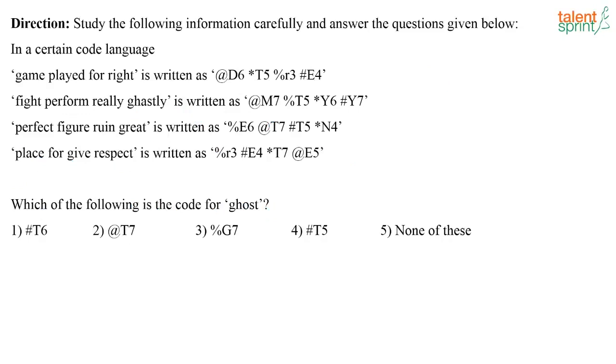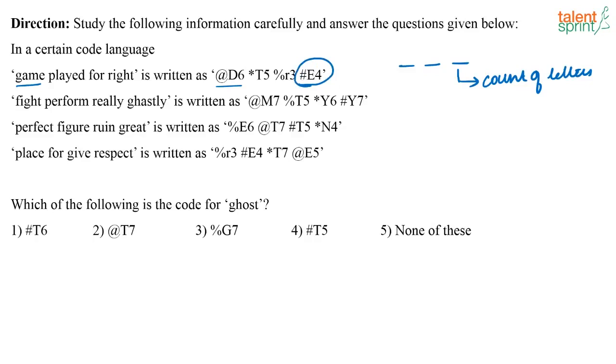So here, what is the coding pattern that has been followed? See, if you look at each word, the code for each word has three things in it: one symbol, one letter and one number. So what does this number represent? This number actually represents the count of letters in the word. If you look at the word game, how many letters are there in this word? 1, 2, 3, 4. So here it should be 4, right? So just by cracking this number coding alone, I can say that the code for game is #EN4.